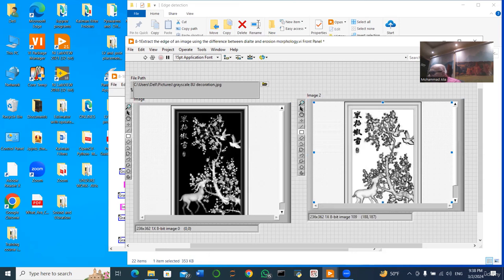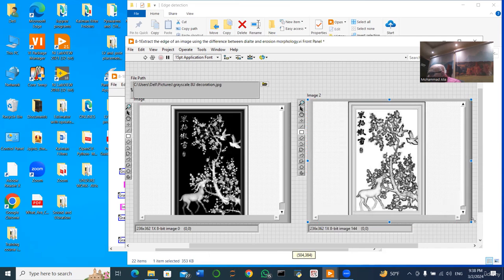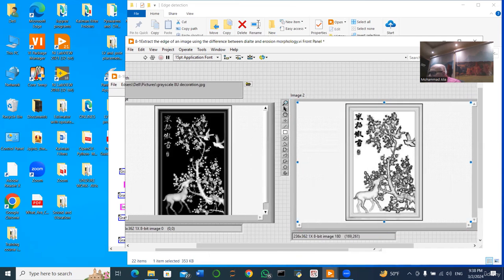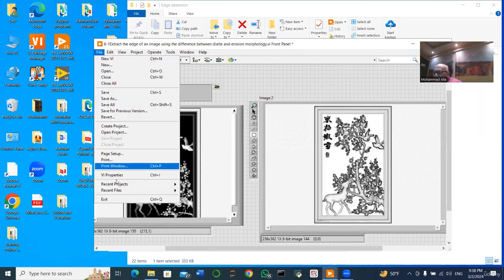As you see, this is the real, and these are the edges shown of different components in the picture. Okay, so we go out, file, exit,